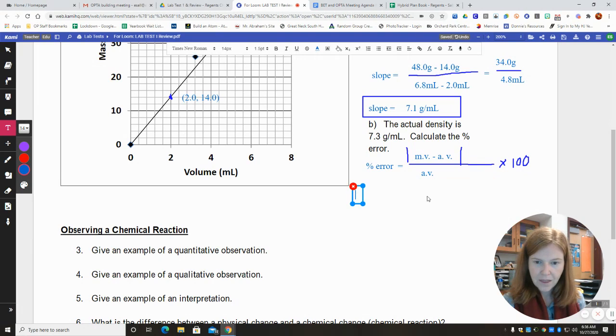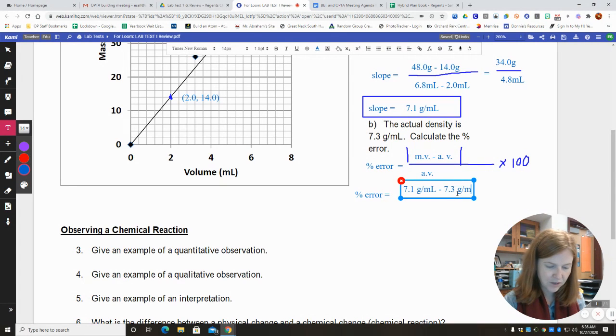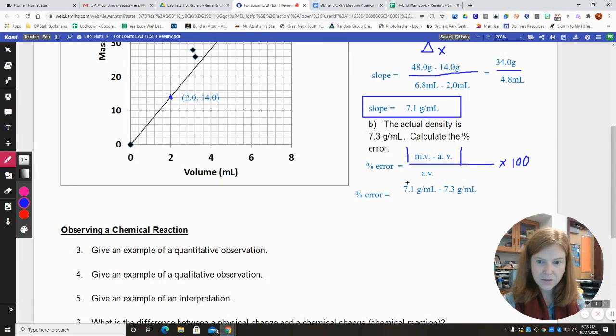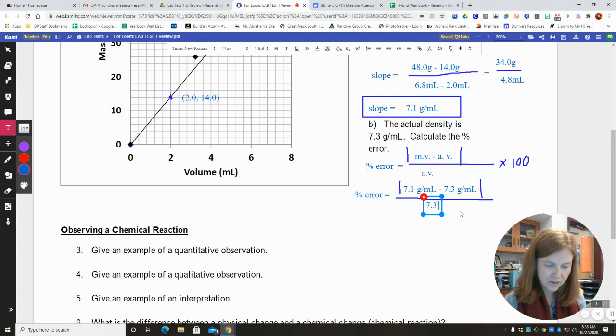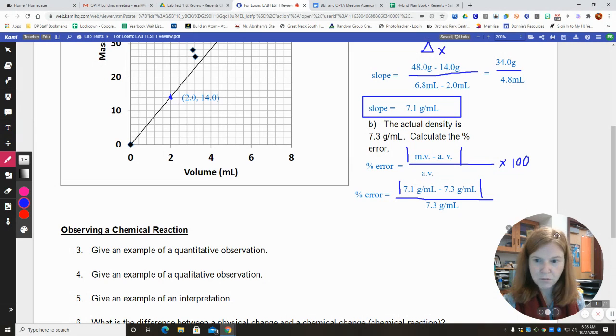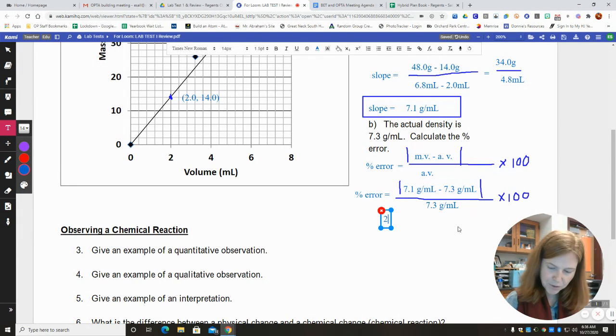All right. So then my substitution: percent error is equal to, my measured value is what I actually calculated. So 7.1 grams per milliliter minus the accepted value, which they're telling us is 7.3 grams per milliliter. Okay, so I'm going to take the absolute value of that. I'm going to divide it by the accepted value, 7.3 grams per milliliter, and I'm going to multiply the entire thing by 100. Okay. So if I go through and actually do that, I'm going to wind up with a percent error of